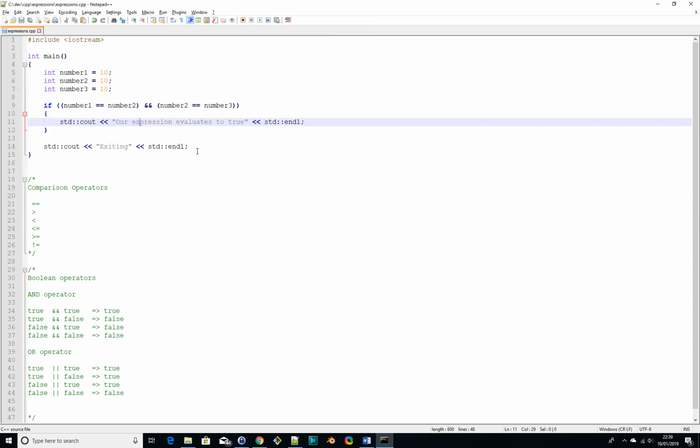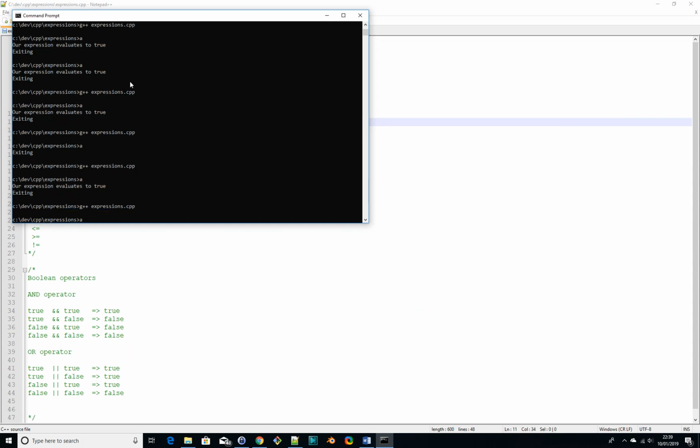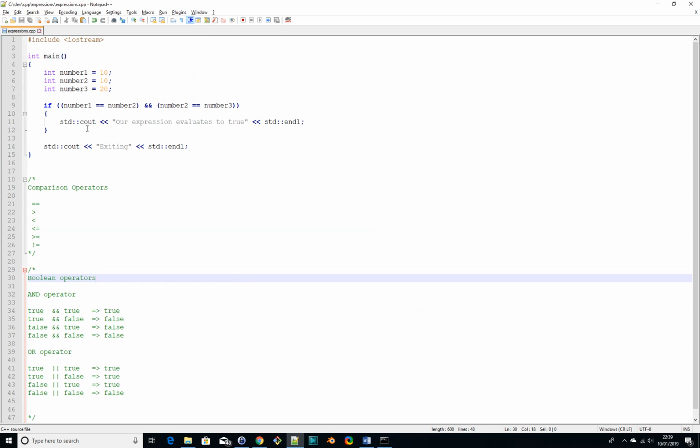Yep, that works. Okay, just to prove our point, let's demonstrate this example here. The left side is true, and the right side is false. So let's change that to 20. So we know now that number 2 does not equal number 3. Let's build that. And it only prints exiting. Okay,